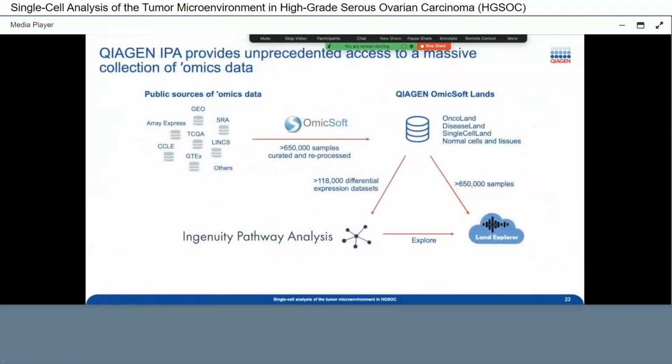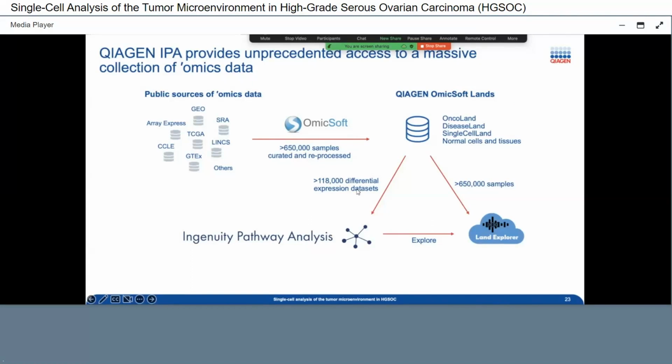Now let's try to play a little bit with the compare idea. What's up with our data versus the rest of them? And over the years we have looked at combining very important pieces of information. One of them is the comparison expression data set. We have roughly right now 118,000 differential expression data sets that come from Omicsoft. And Omicsoft has, over the years, curated normalized data sets that have been publicly sourced from GEO, TCGA links, and you name it. And they have processed them in such an elegant way that we have a controlled vocabulary attached, so we can do a lot with the information.